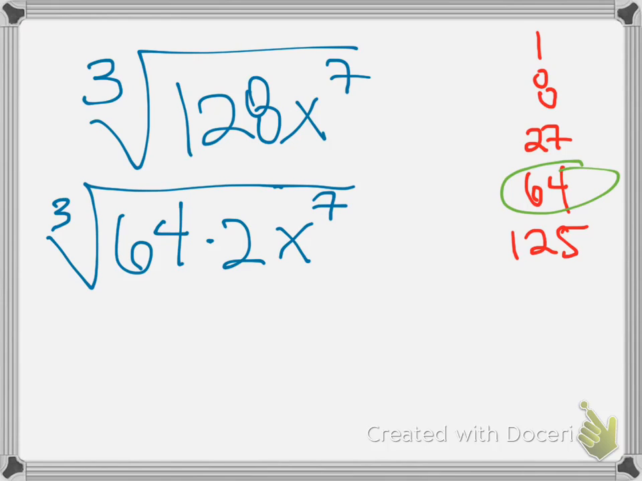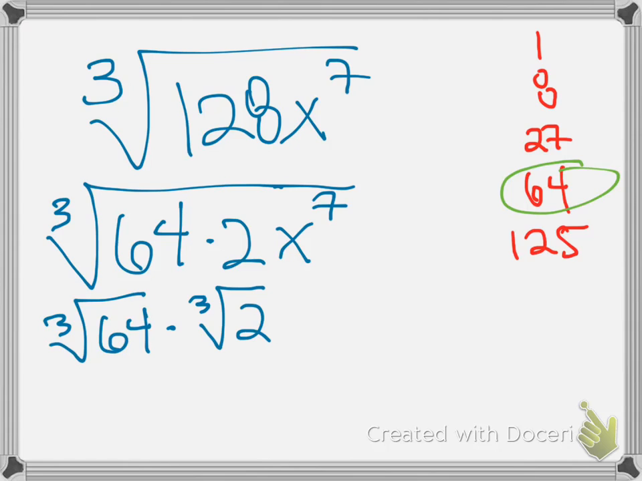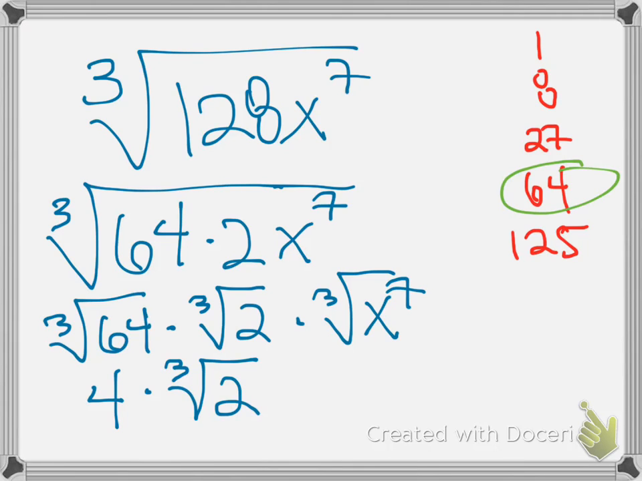And now we just need to split this up so we can simplify it. So this becomes the cube root of 64 times the cube root of 2 times the cube root of x to the 7th. And the cube root of 64 is 4. 2 does not have any perfect cube factors other than 1, which doesn't really matter. So that can't be simplified down anymore. That's just going to have to stay underneath the cube root. And then x to the 7th,